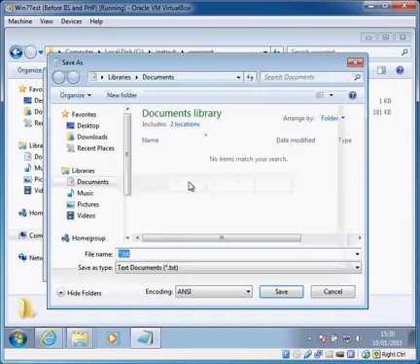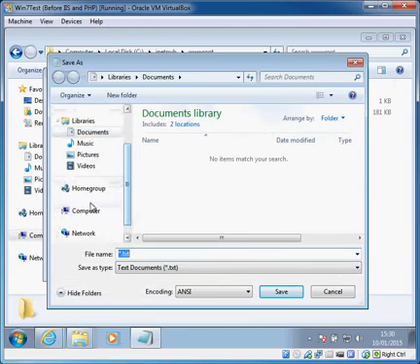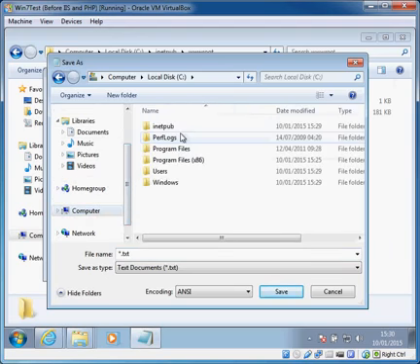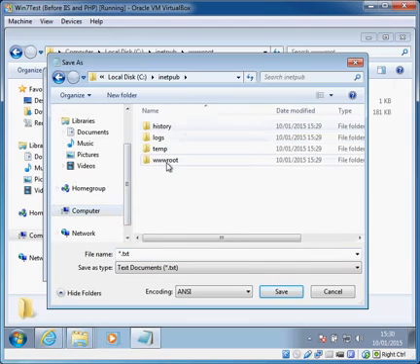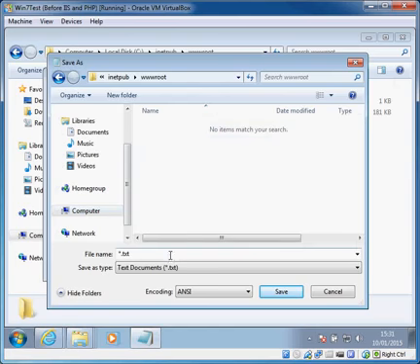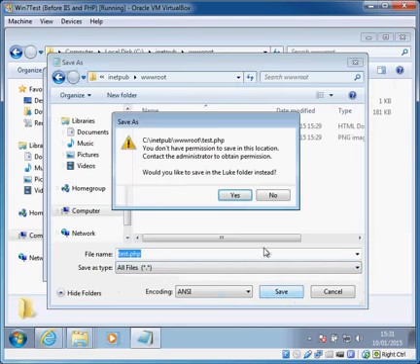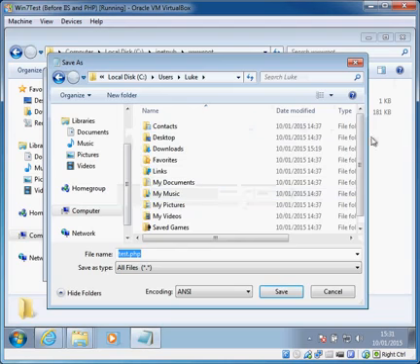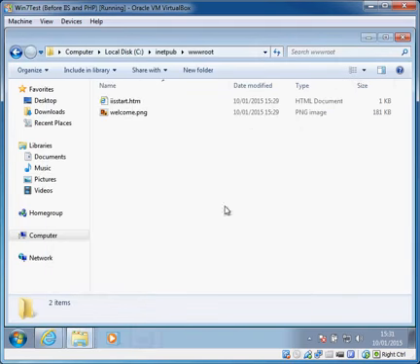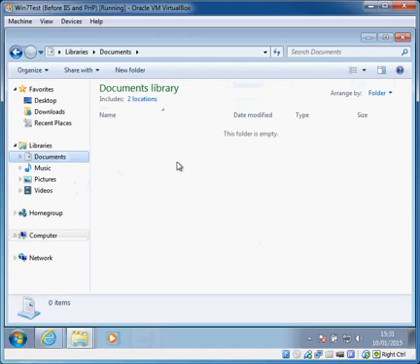So I'm going to click save, and it's going to ask me where I want to put it. So I'm going to go to, where's my computer? Computer, C, inetpub, wwwroot. I'm going to save it as test.php. And if I save that, it's just annoying, isn't it? Right, it didn't like me going there, so